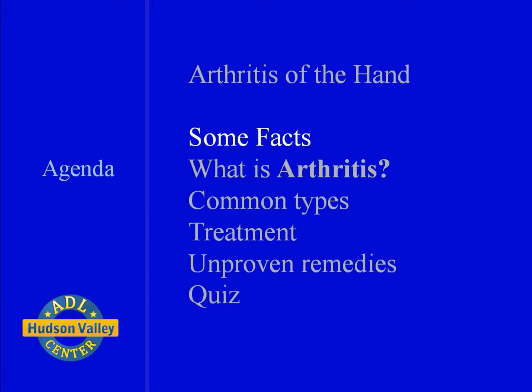Let us go through the agenda. We start with facts about arthritis, define it, and detail hand anatomy. We will follow up with common types of arthritis with symptoms, causes, diagnosis and medical treatment for each. We will concentrate in more detail and talk about pain management and how exercises, joint protection and therapeutic aids, splints and modalities will help you.